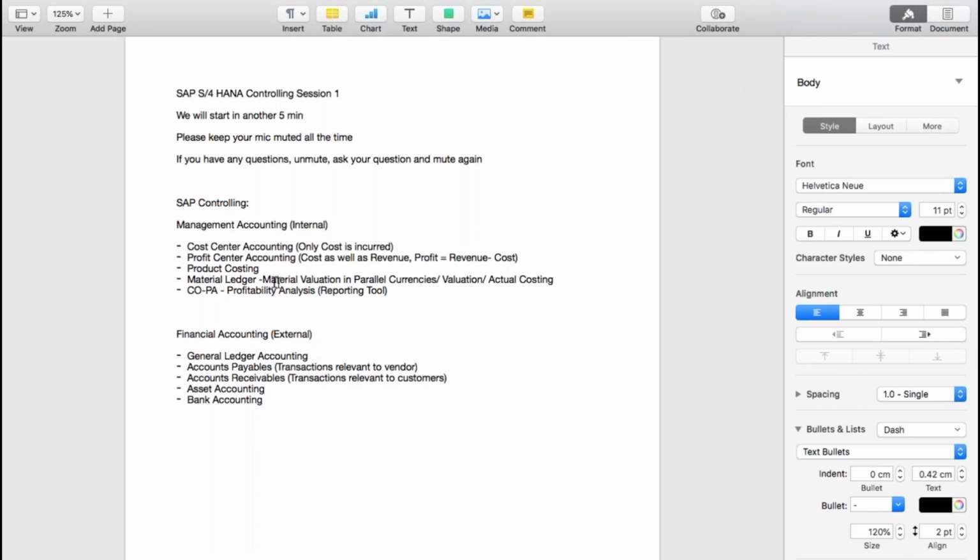Yes, Satish. That is part of product costing. When we talk about product costing, it includes two things: product cost planning and cost object controlling. Within cost object controlling, you have product cost by order, by period, and by sales order.